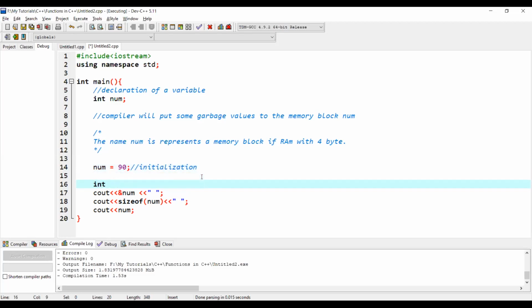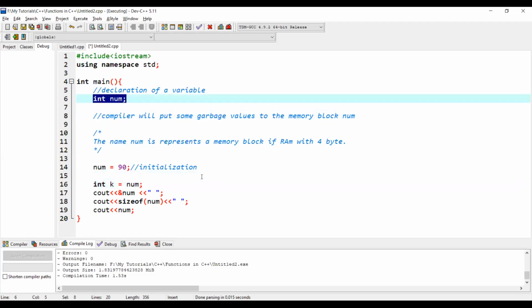We can initialize it by the value of another variable like this, num. So here k is declared in this line. We can conclude that k is declared and initialized in the same statement. So most importantly, you should remember that when we use an assignment operator, we call it initialization of a variable. If we do not use an assignment operator like the first one, it is simply called declaration of a variable.